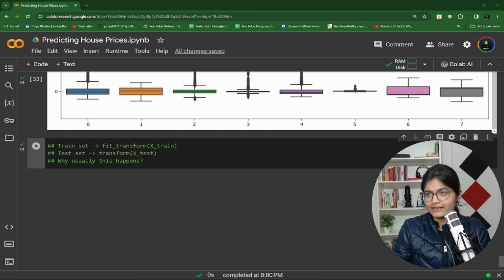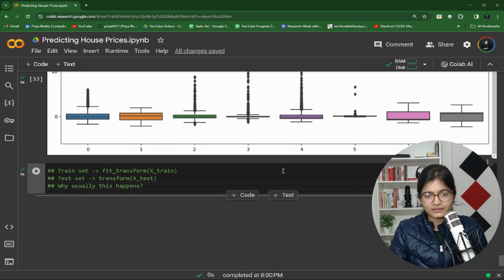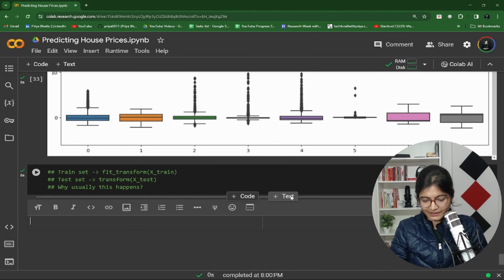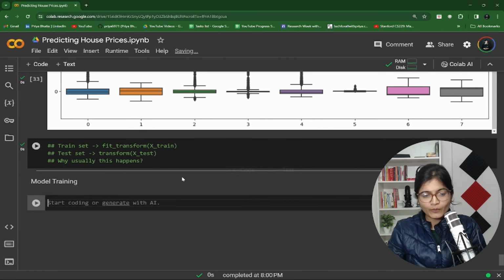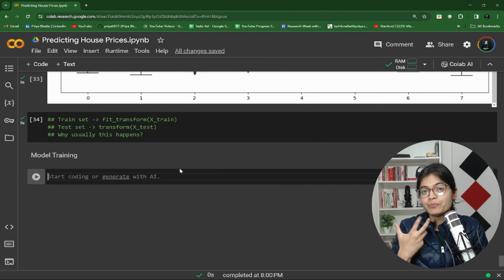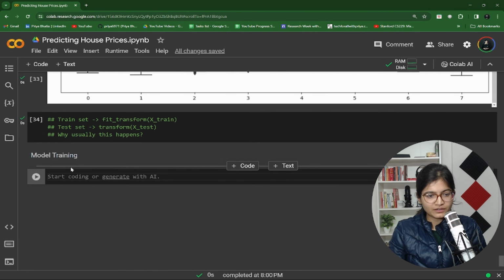Now let's move ahead to the next important phase which we are starting, the model training, right? The model we want to apply is linear regression. So let's start with the next phase, which is model training. Here, first of all, obviously we need to import that model. We will import our model, which is available in linear underscore model. So we can say from sklearn dot linear underscore model, we can import